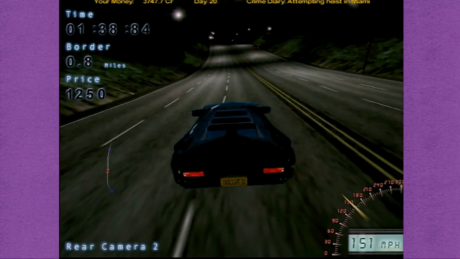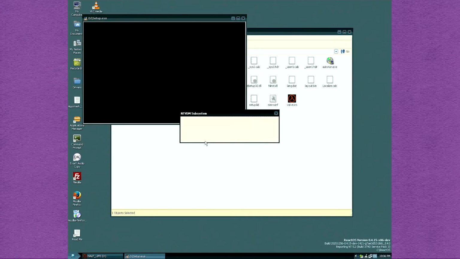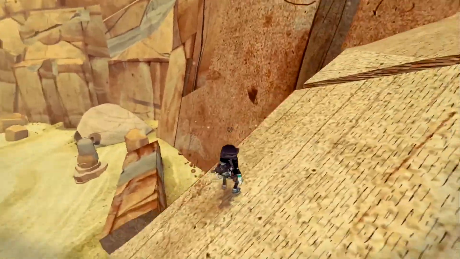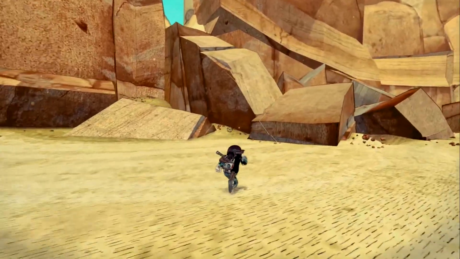Today, I want to take a break from old racing games and unfinished operating systems to talk about one of my all-time favorite indie games, Tiny and Big in Grandpa's Leftovers. This is a cartoony 3D platformer from 2012. It was the first game released by German developer Black Pants Studio, and is one of the most unique 3D